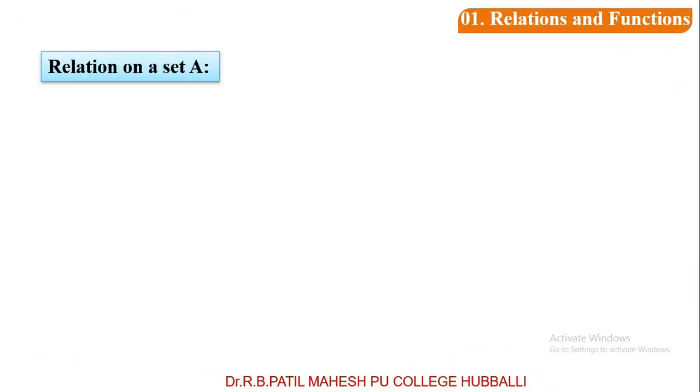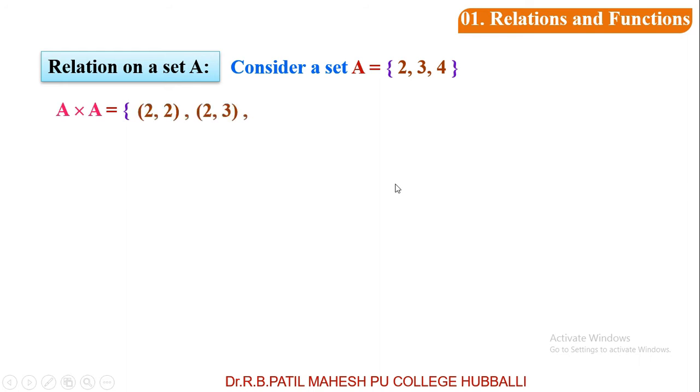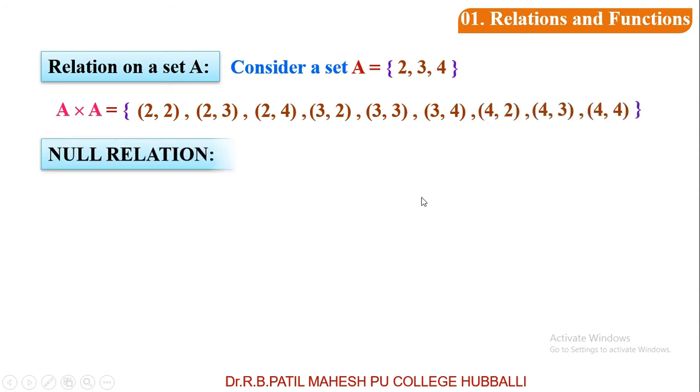Now we will see the types of relations, the very basic types of relations. I think you have studied in P1 also. Let me take one more time. One more point I want to tell you: without a set, you can't define any relation. There must be a set, then only there is a relation. That's why I am taking a set A, that is {2, 3, 4}, and of course write A cross A. As you know how to write A cross A, link the elements from the set A to the set A itself, so that you will get this A cross A.